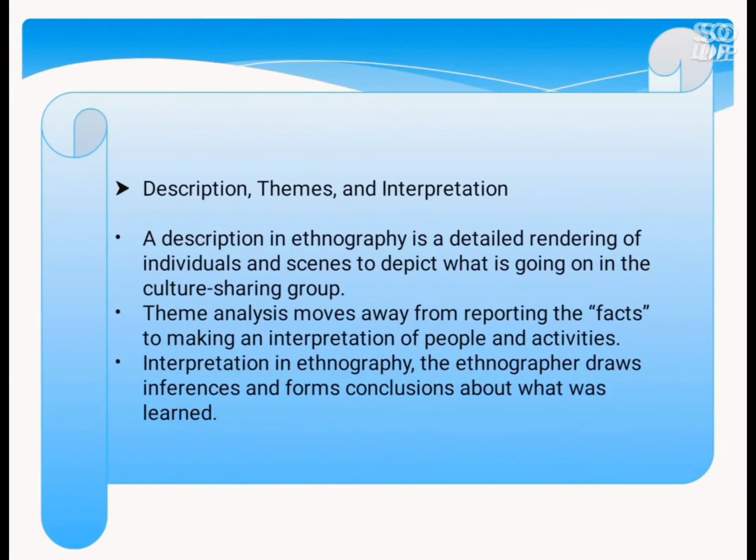Ethnographic research has three elements: description, depth, and interpretation. A description in ethnography is a detailed rendering of individuals and scenes to depict what is going on in the culture-sharing group. This description needs to be detailed and thick, and it needs to identify